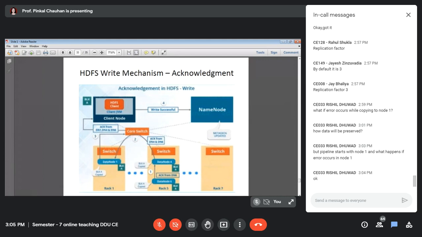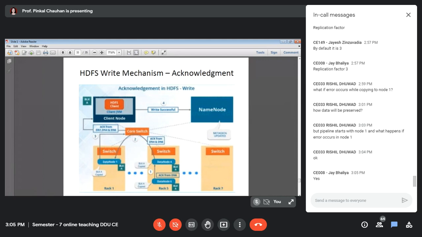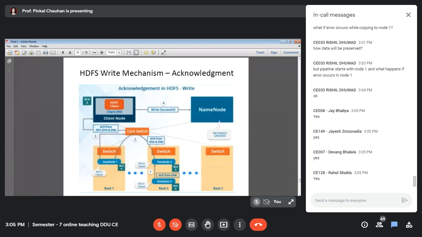All of you are with me. All of you are able to understand the write mechanism or not? Clear with the write mechanism? Yes. Great. So let's proceed further now.